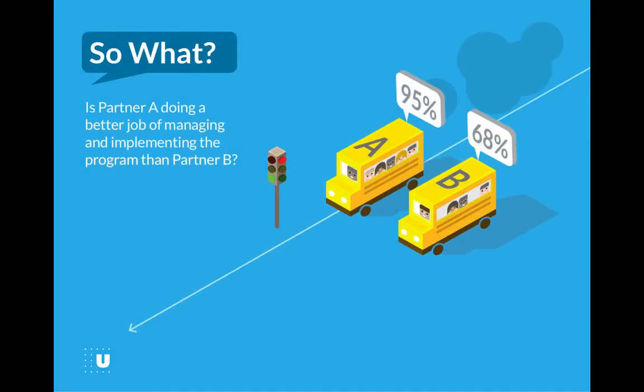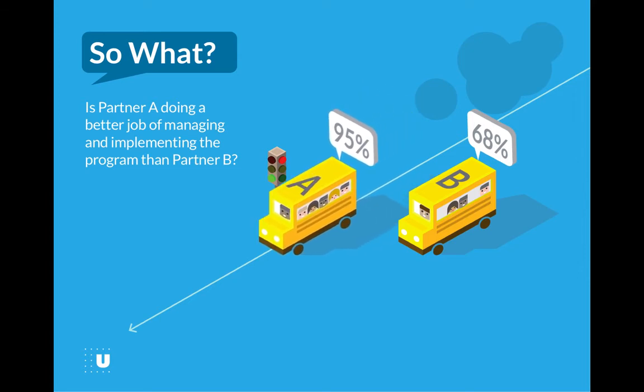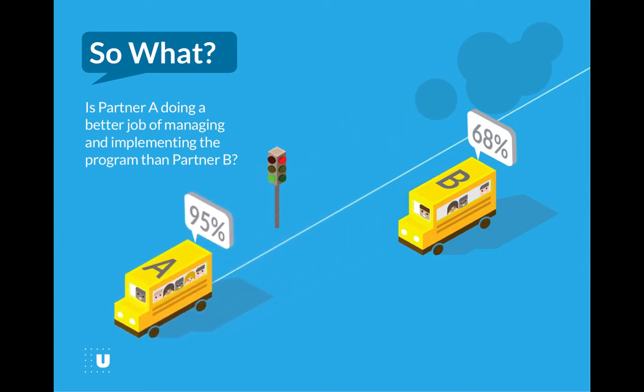Let's look at two of those performance measurement questions in an example. Suppose an initiative's results framework has identified home visiting as a strategy to improve kindergarten readiness in the community. The initiative has two partners implementing the same evidence-based home visiting model. When the performance manager looks at case management data for families who participate in either of the programs, a simple comparison shows that 95% of children in Partner A's program are ready for kindergarten, and 68% of children in Partner B's program are ready for kindergarten, based on the same assessment all children take at the start of kindergarten.